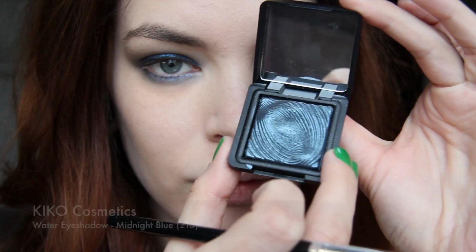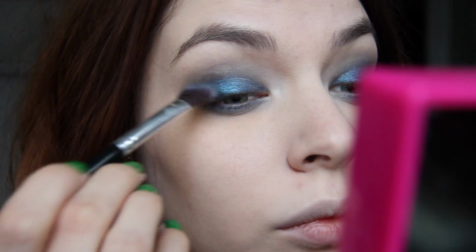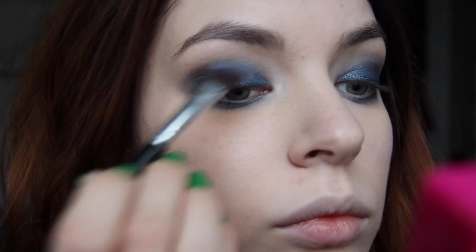And there we go, there's the base done. Now we're gonna pack an eyeshadow on top, a nice dark blue shimmer that matches the base, with really little product in the brush, just so that it will give a more even look and that it will almost blend